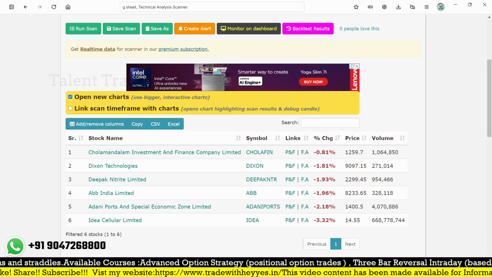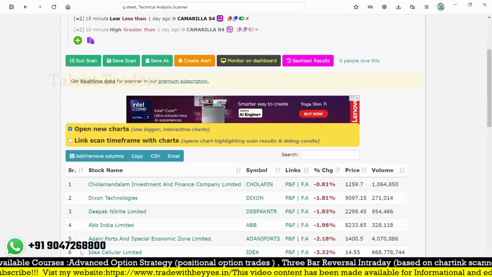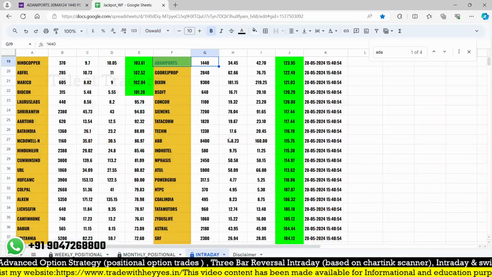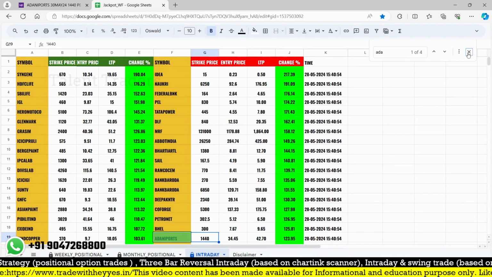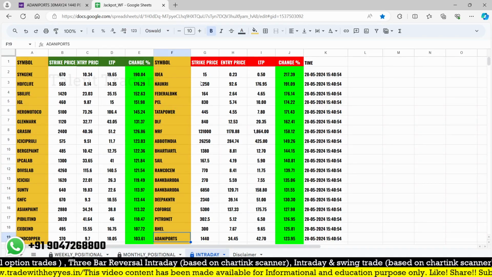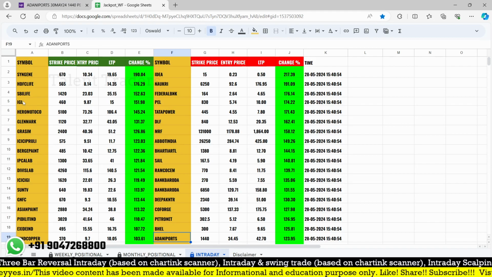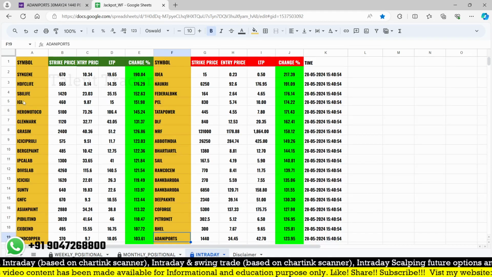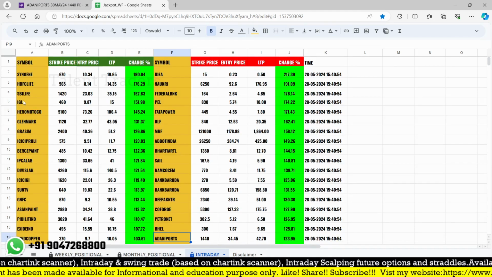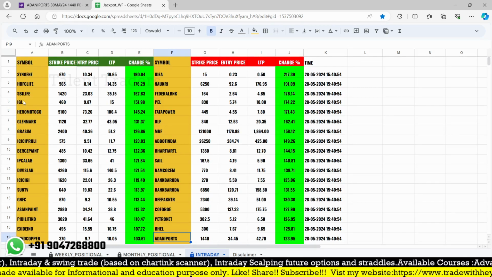It will be finding them, or if you don't want to use this one, you can directly watch which stocks are breaking the level with the simple idea of 9:30. After 9:30, you can look at the stocks. I hope you understood. Those using our scanners and screeners will find intraday